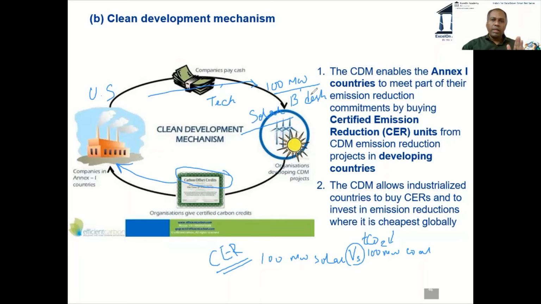So, is this scheme of clean development mechanism slightly better than carbon emissions trading? If we were to ask you in a simple yes or no, what will your answer be? Okay, people have already started responding. Yes, definitely. Almost all of you are saying yes. Can you tell me one reason why you think it is better? One reason. I'll wait because I know you may have to type.